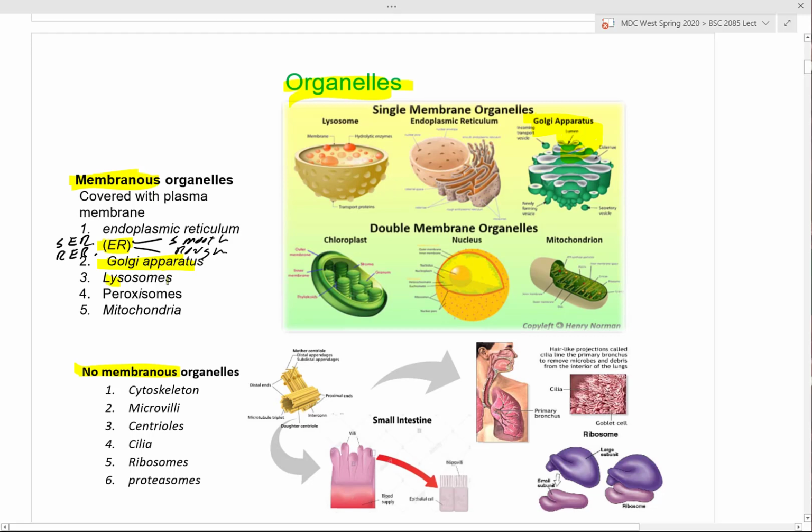Now the next one is going to be the lysosomes. And lysosomes are really good because these guys are able to do what? They're the trash cans. In other words, pretty much they get all the food in there, like the food that gets into the cell, the lysosomes are going to be able to do what? Digest it. Anything that is left over or comes off of the actual organelles inside as they die,